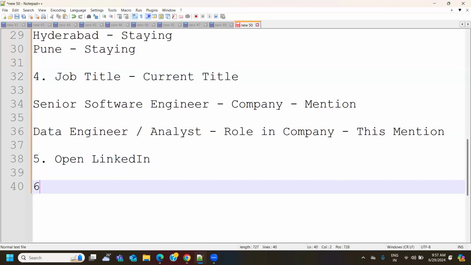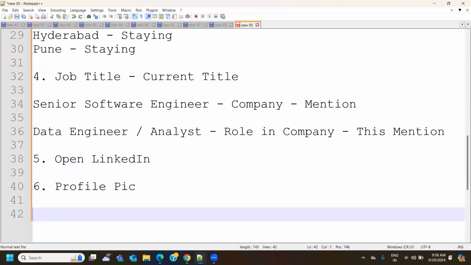Now, in LinkedIn, there are multiple things which we need to consider: how our account should look alike, how can we make sure it is correctly working. First thing is your profile pic, how the profile pic should look. Second thing is your highlight. Highlight means profile highlights. This is specifically profile highlights. I'll give you an idea.